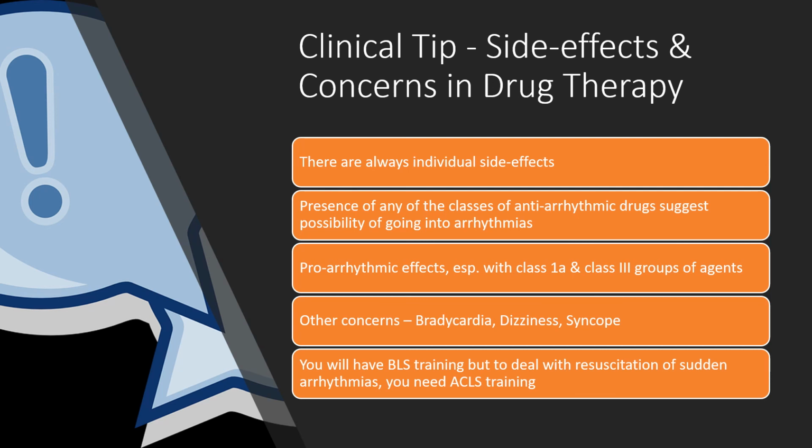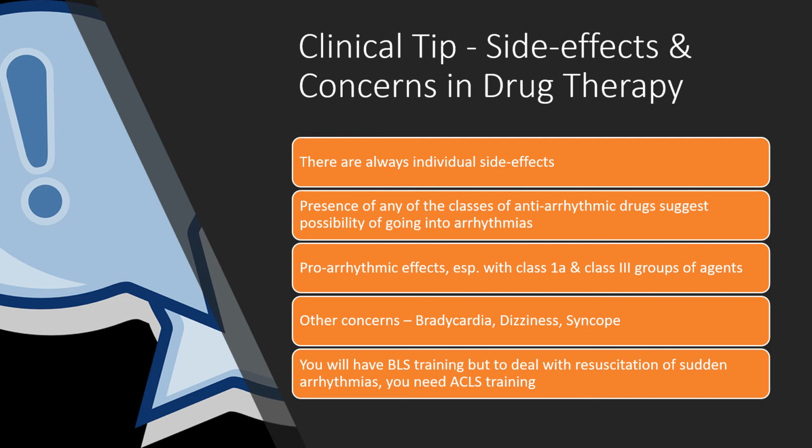Proarrhythmic effects are known complications with class 1A and class 3 group of agents that were shown in the previous screens. Other concerns with drug therapy in arrhythmias include too much suppression of heart rate that may go into bradycardia or also cause dizziness and syncope due